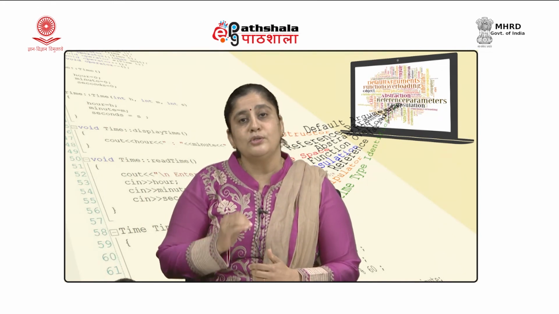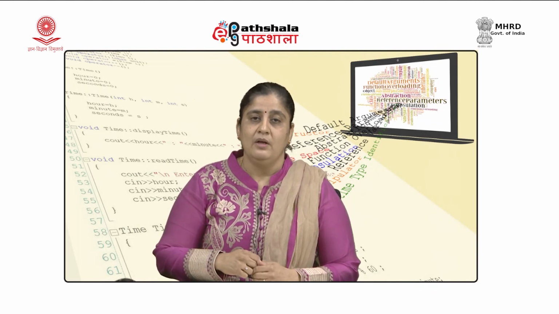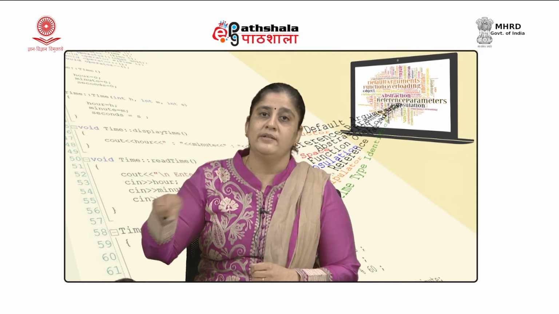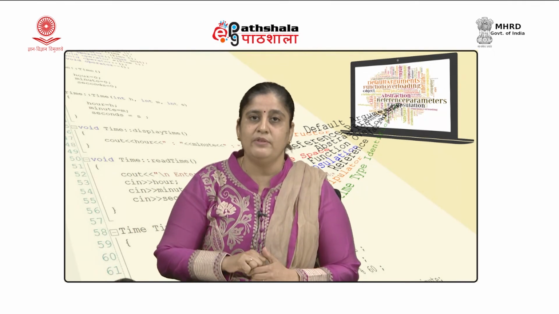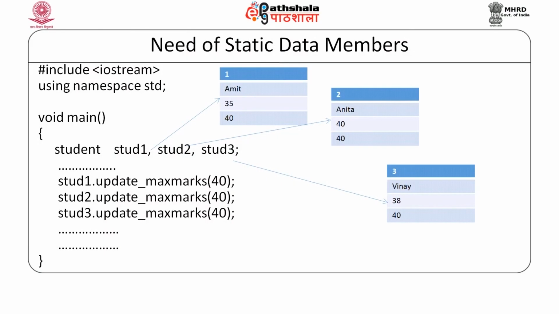Apart from that, we also have the problem that when we want to update this value which is common for all the students, we will have to go and update it for every single object, and if we forget to modify one of them, there will be inconsistency in data. Let us see this again with the help of an example. Let us say if later on I come to know that the maximum marks are not 50, it is 40, I need to now update it. So, where do I need to have an update? I need to go and update it in all the 3 students, student 1, student 2, student 3.